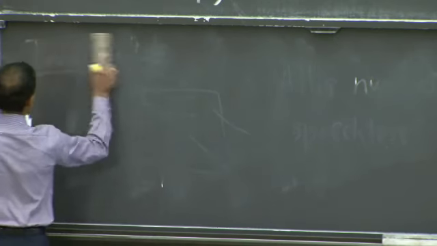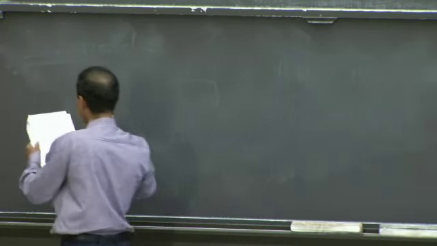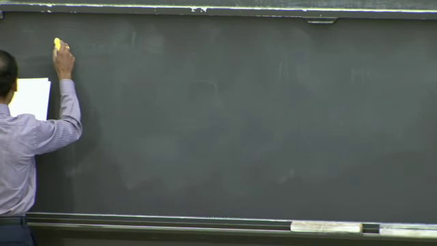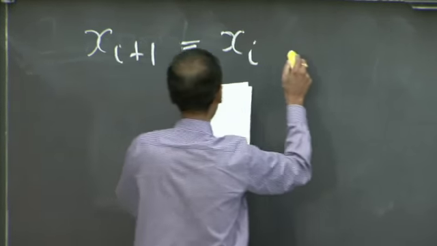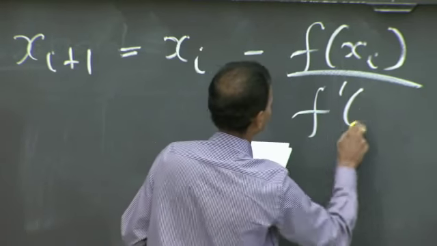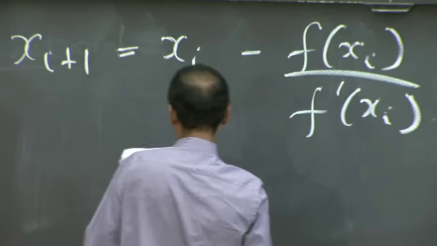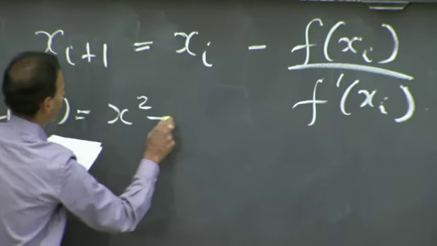The only problem is, this is all good in theory. We take that equation and turn it into xi plus 1 equals xi minus f of xi divided by f prime of xi. And if you end up doing f of x equals x squared minus a,